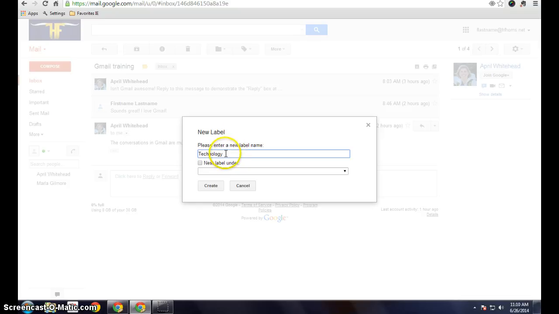So I'm going to call this new label Technology. If I had existing labels, I could actually nest labels underneath other labels. So I could say that maybe Google account is a label inside of the technology label. So you can nest labels inside of each other similar to folders, but in this case I'm just going to have the label by itself. I click Create,